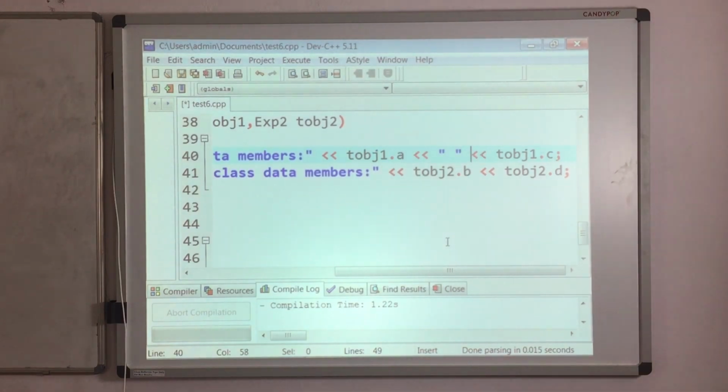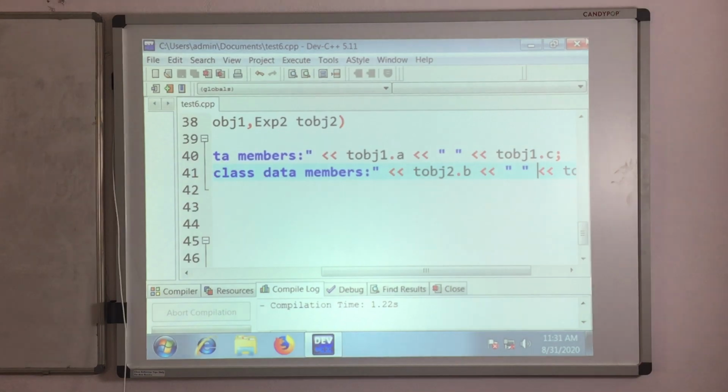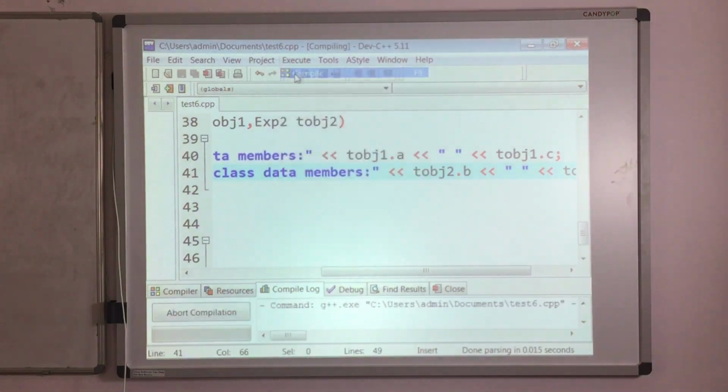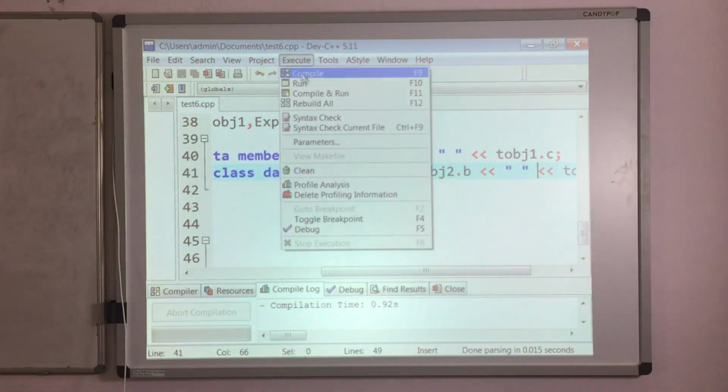Yeah, like this is enough. This space, as it is, you will get in the output. Here also, between B and D, take that space. So this will give you one space between the numbers. Now again compile, successful, execute.